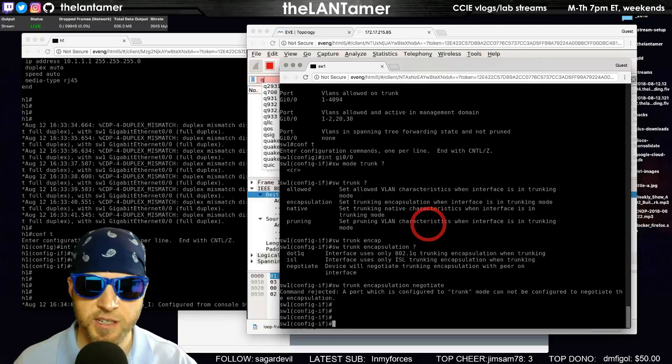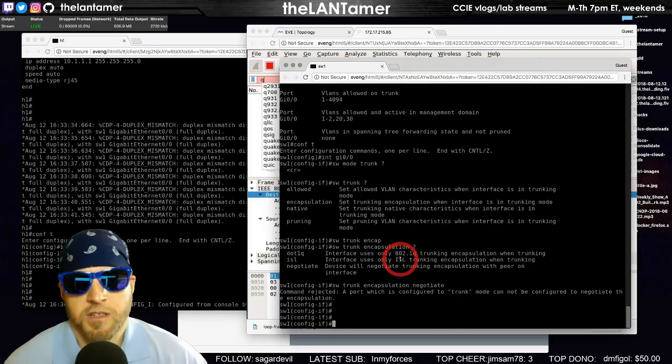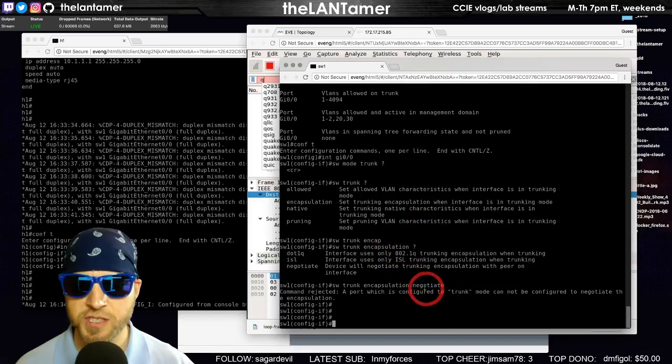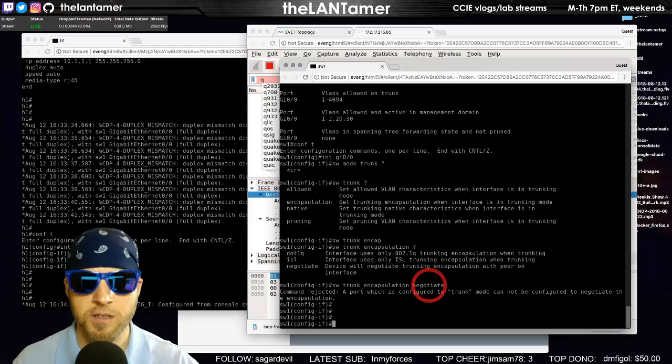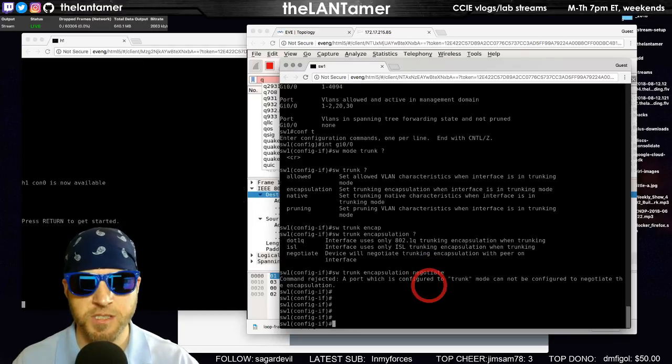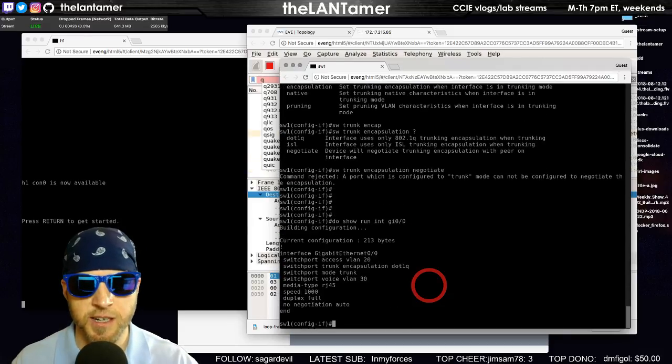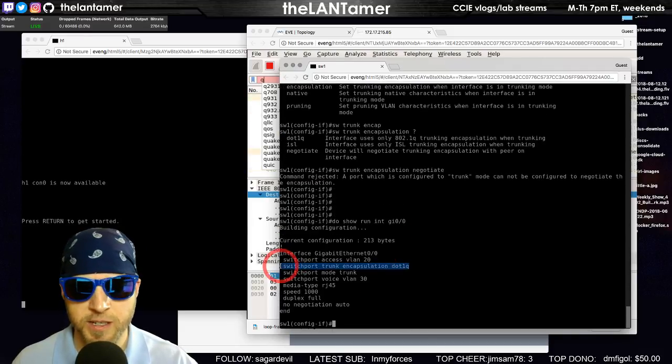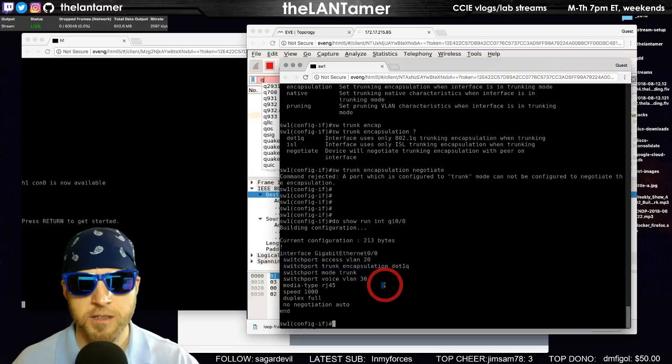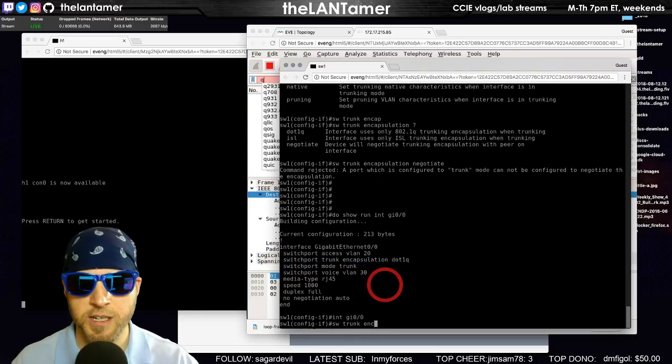I think this is an image issue, because I don't think these images even support ISL? I guess they would. Do show run interface Gi0/0. I think the issue here too is that I have it configured this way. So interface Gi0/0, switchport trunk encapsulation.